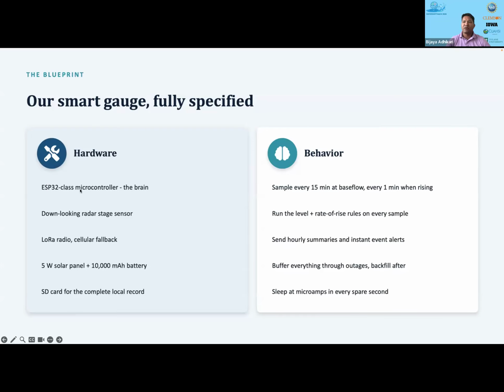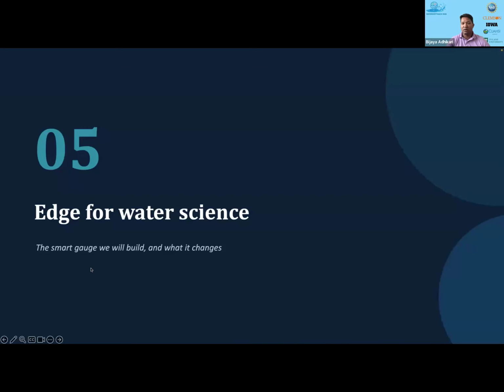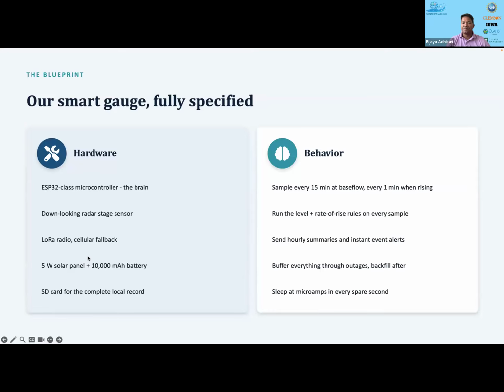An ESP32-class microcontroller is going to be the brain, and it's a down-looking radar stage sensor. So it's not physically in the river, but it senses it using a radar, and it will use a LoRa radio, and has a cellular fallback, and has some memory, and has some level of power. So this is exactly what we're going to